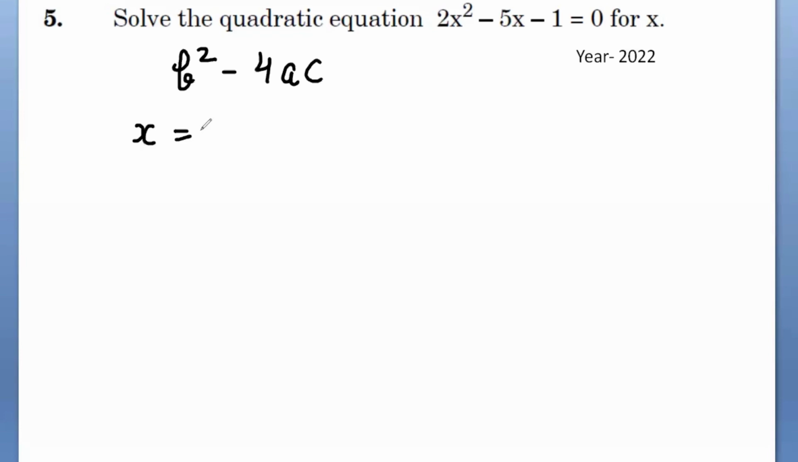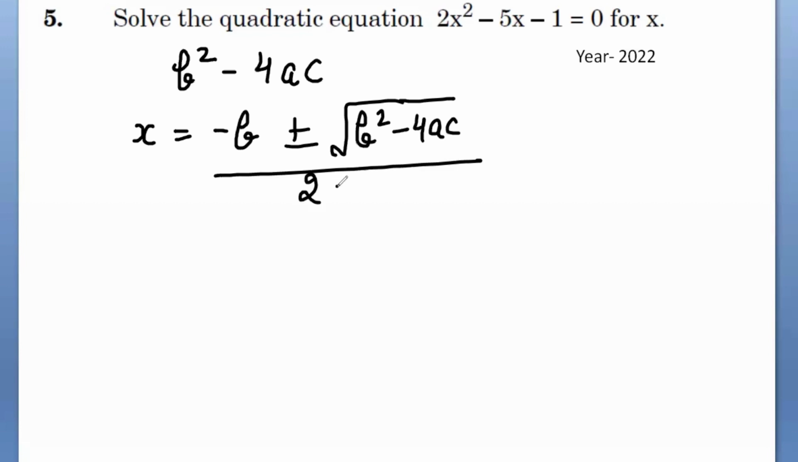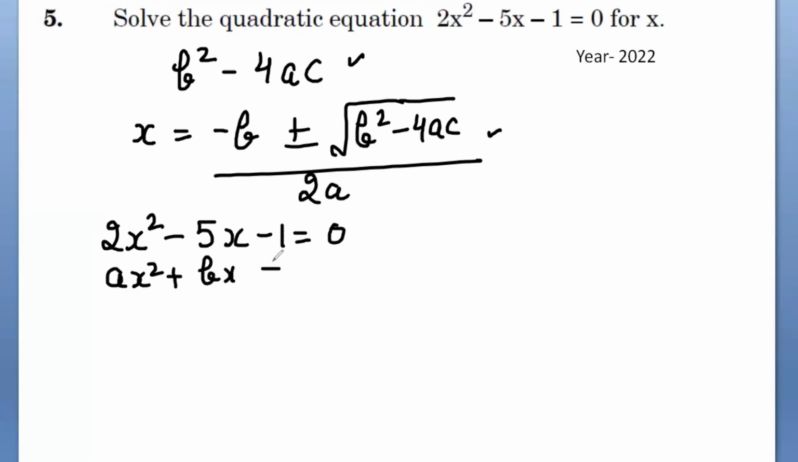That means what is the value of the roots. That means x is equal to minus b plus minus root b square minus 4ac over 2a. So we are going to use only these two formulas and then we can solve any quadratic equation. What is the first step? The first step is we have to compare the equation with ax squared plus bx plus c is equal to